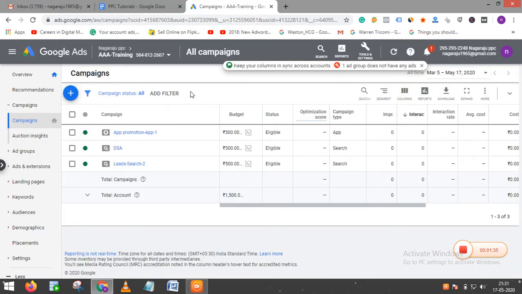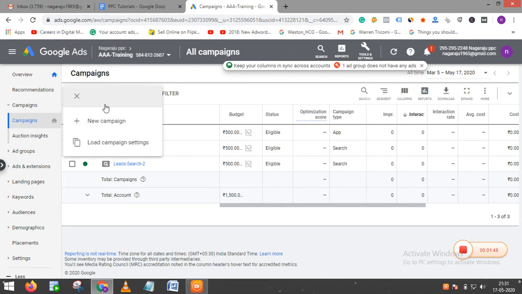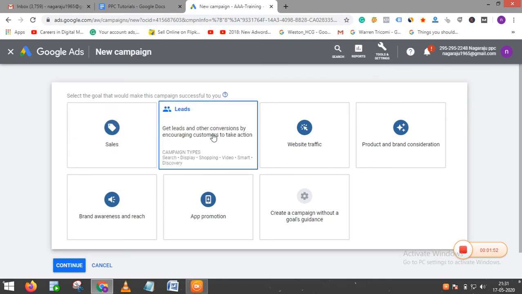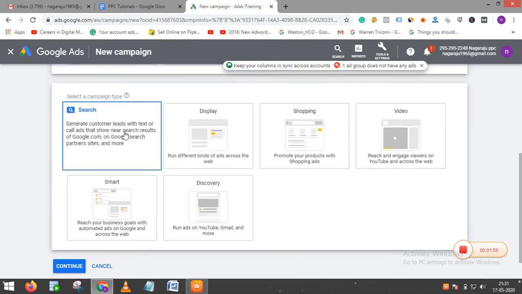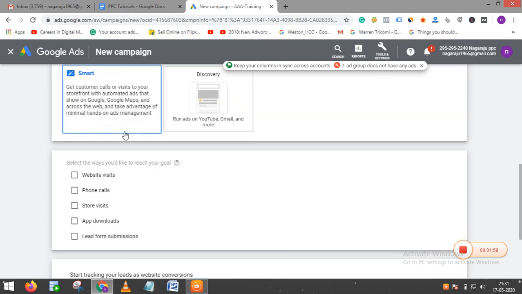So this is one of my dummy Google Ads accounts. In this I am going to show you how to create a responsive search ad. Just click on plus campaign, click on new campaign, choose leads as your objective and click on search campaign type.